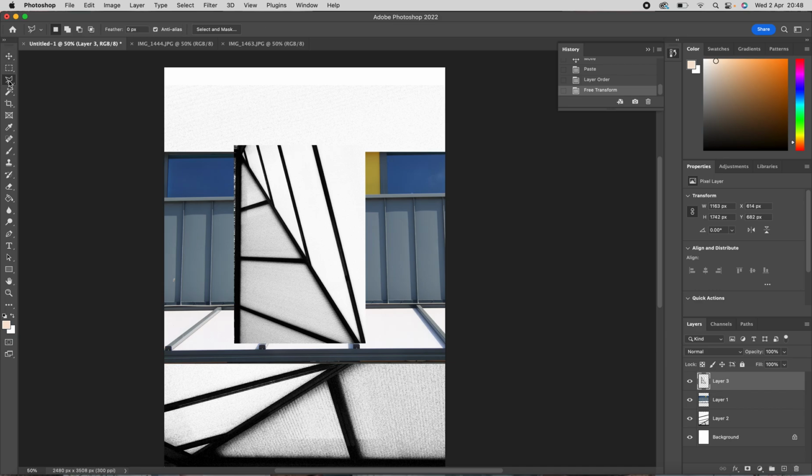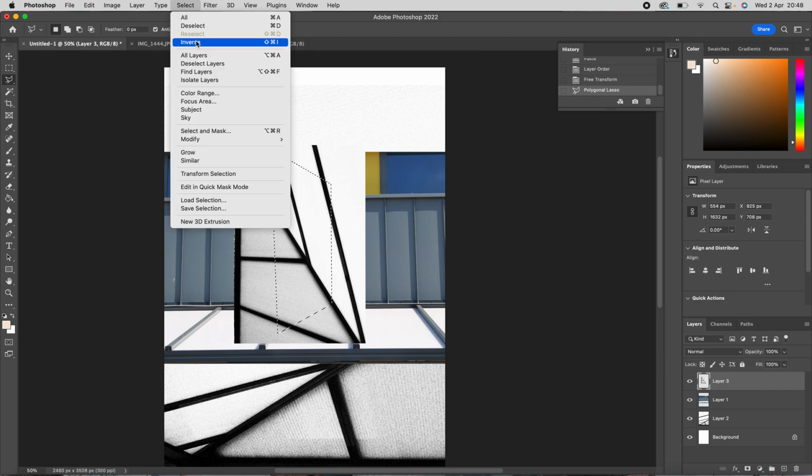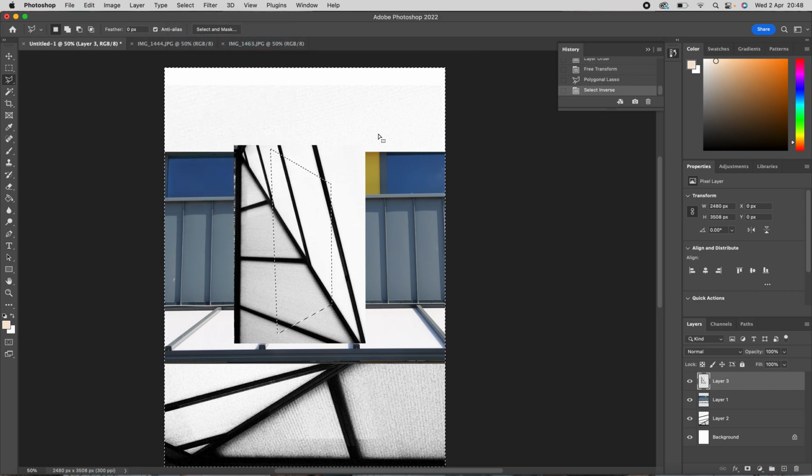Then I'm going to just choose my own shape. So you could use a shape like a circle or like a column marquee, or you could cut out your own shape. You could do that using the lasso tool, polygonal, magnetic. I want mine to be quite geometric in its form, so I'm just going to cut out a shape. I think I'm going to go for sort of trapezium type shape, which is quite simple, maybe slightly off. And then I'm going to select inverse, and I'm going to then press delete on my keyboard,